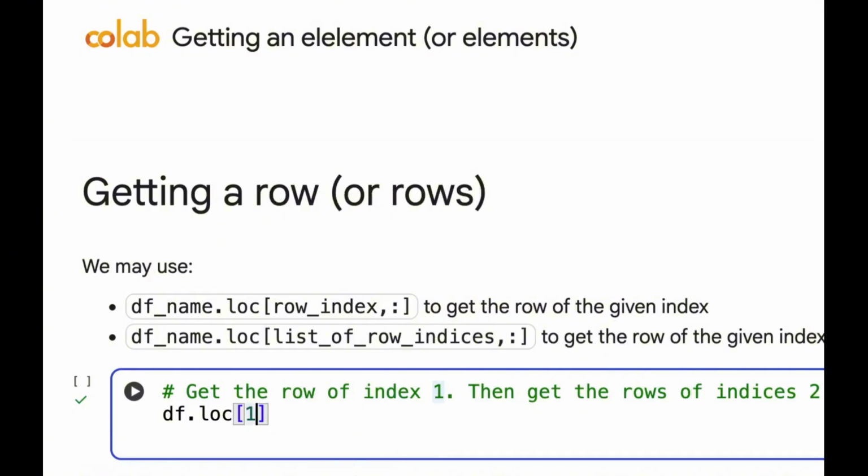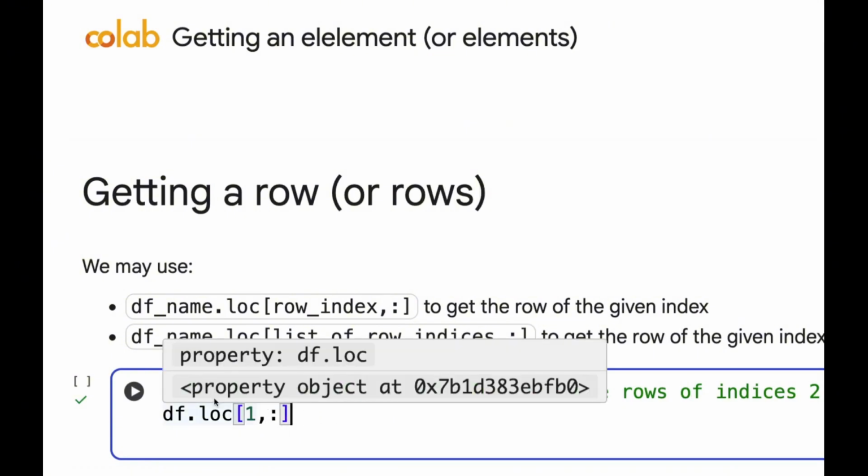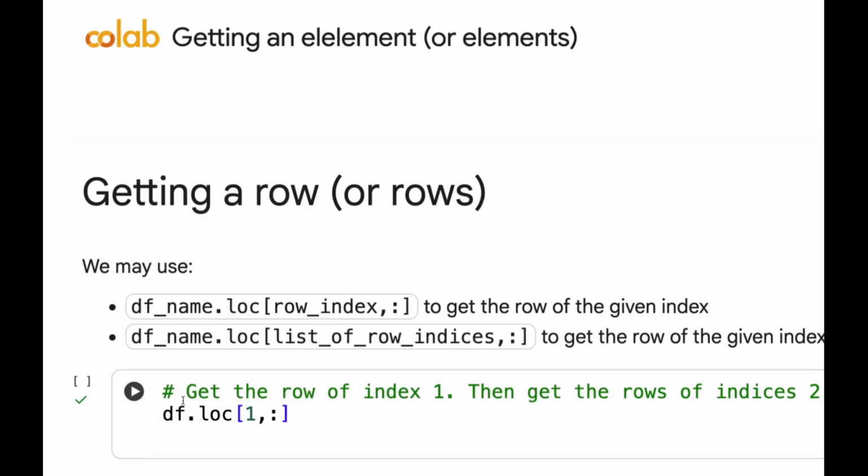I mean, you can do 1, comma, and then colon. Colon means from beginning to end, right? Typically you have, as previously we mentioned, you provide a start index, let's say starting from 0 and ending at 3, because it goes 0, 1, and 2, stopping before reaching 3, right? But if it's from beginning to end, you can just use colon, or you can even omit the second part. Let's actually test it out, okay? So if we do this,